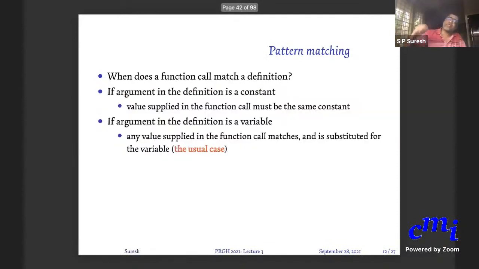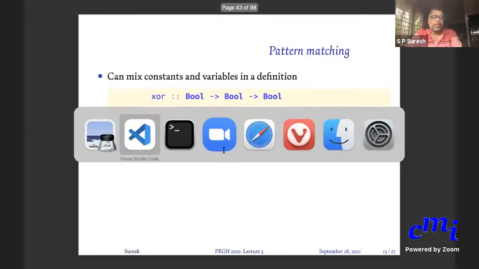The point to remember is you start searching from top to bottom. If the actual inputs supplied match all the patterns, then that rule will be fired. Otherwise, you will go to the next rule. If there is a variable in that position, then that will match any input value that is provided. So this is the thing. Let me actually write.